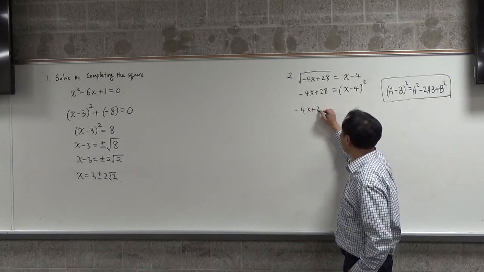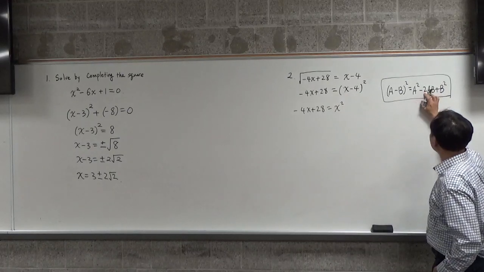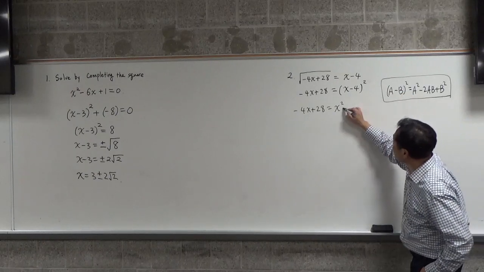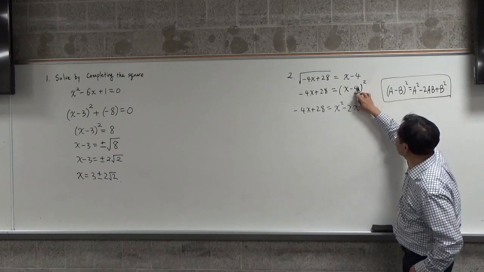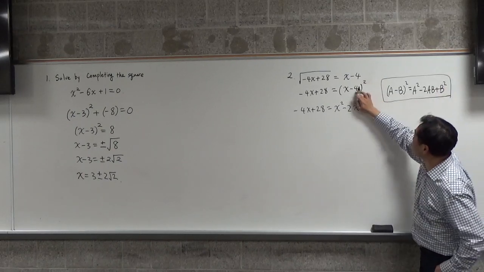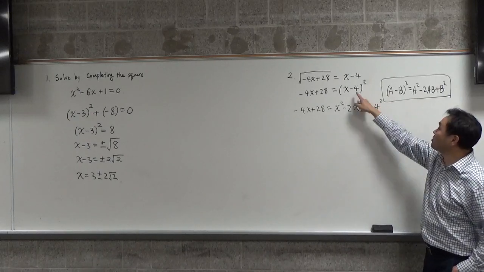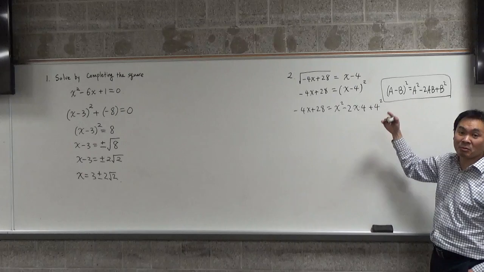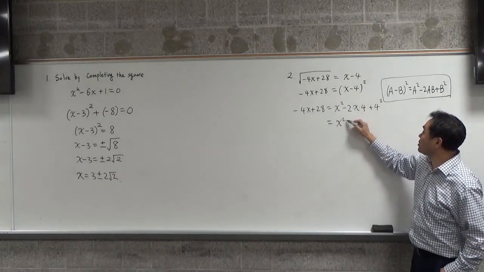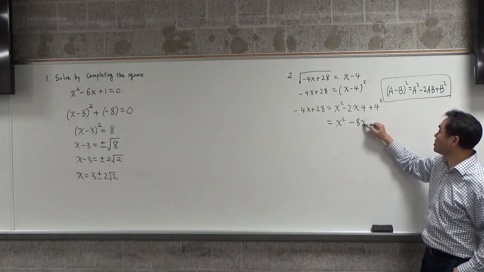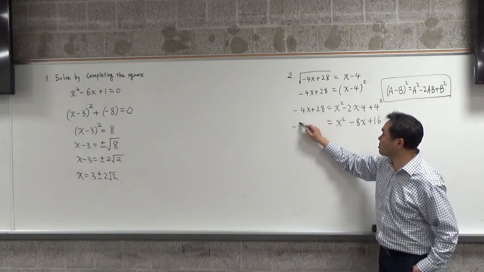And that gives you x squared. And this one says it's negative 2 times the first times the second. So negative 2 times the first times the second, x times 4. And then the last one has to be squared. So it's 4 squared plus 4 squared. Notice that it doesn't matter if I put negative 4 squared or 4 squared. They both give you positive if you square it, right? And that gives you x squared. 2 times 4 is 8. So you get x squared minus 8x plus 16 on the left side, and